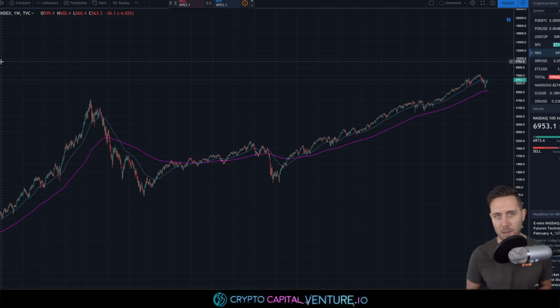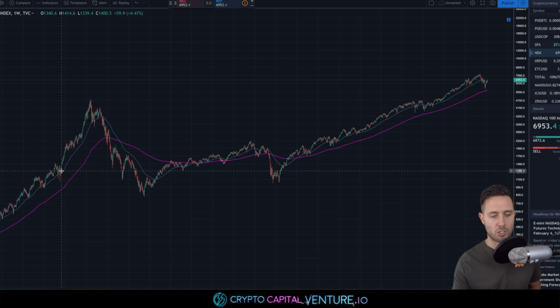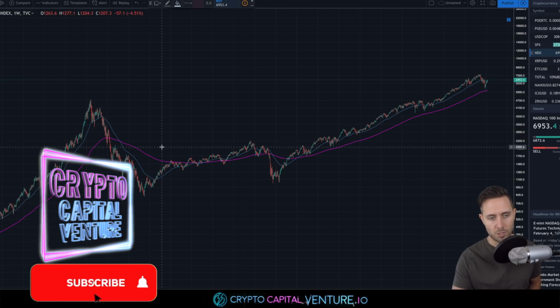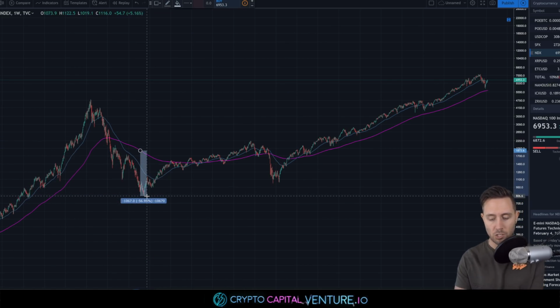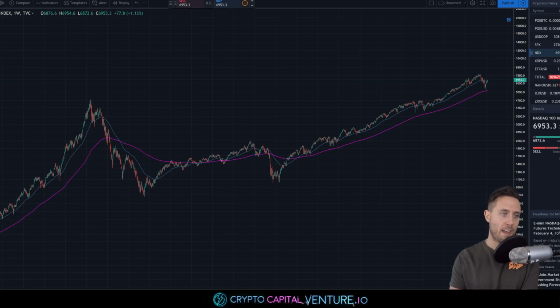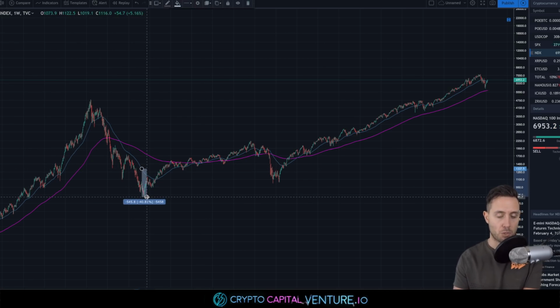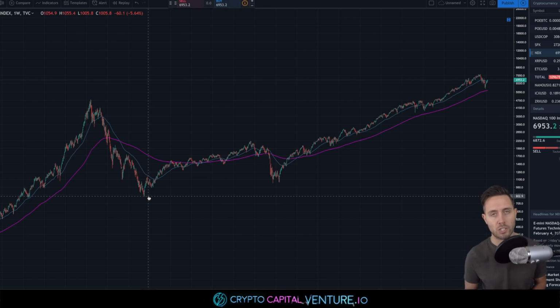It was tough times for the markets, but we have two very key areas on the screen. We have the 50 EMA, and we have a 200 EMA, the pink line on NASDAQ. I just want to draw your attention to the overextension of the two. On the weekly chart, we have from the 200 EMA an overextension of 56% at that bottom, and from the 50 EMA around 40% overextension on the weekly chart.